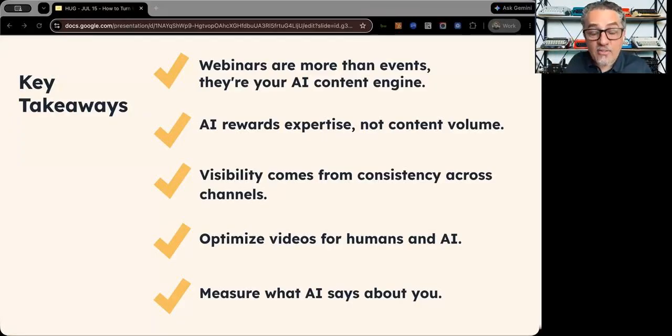And then you're going to test it yourself on models. You need to go and say, who is Gabriel Margoglio? Who is Next in the Marketing? What do they do? Do they really know AI? Do they really do this? Have they done it for their clients? Is this real? Go do it. You'll see what it says. Do it for yourself, and you'll understand what's missing, what the gaps are, and what to do next.